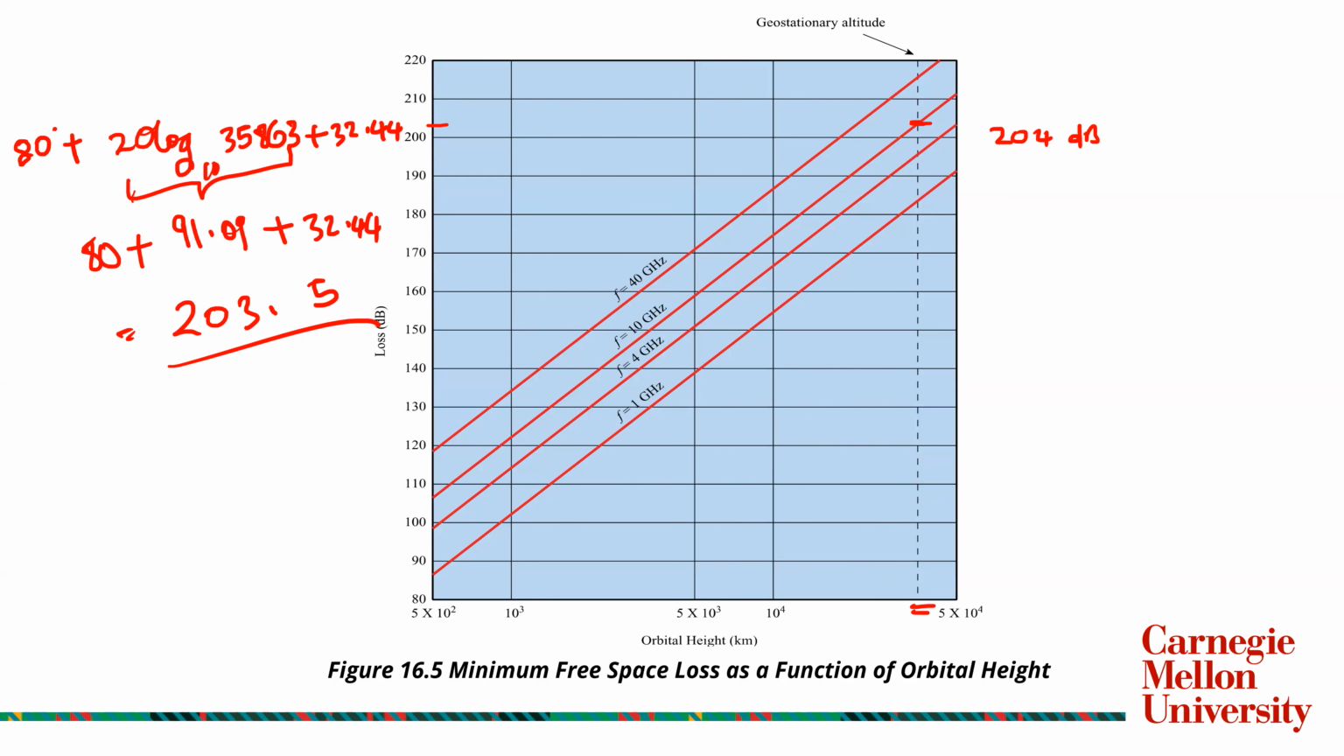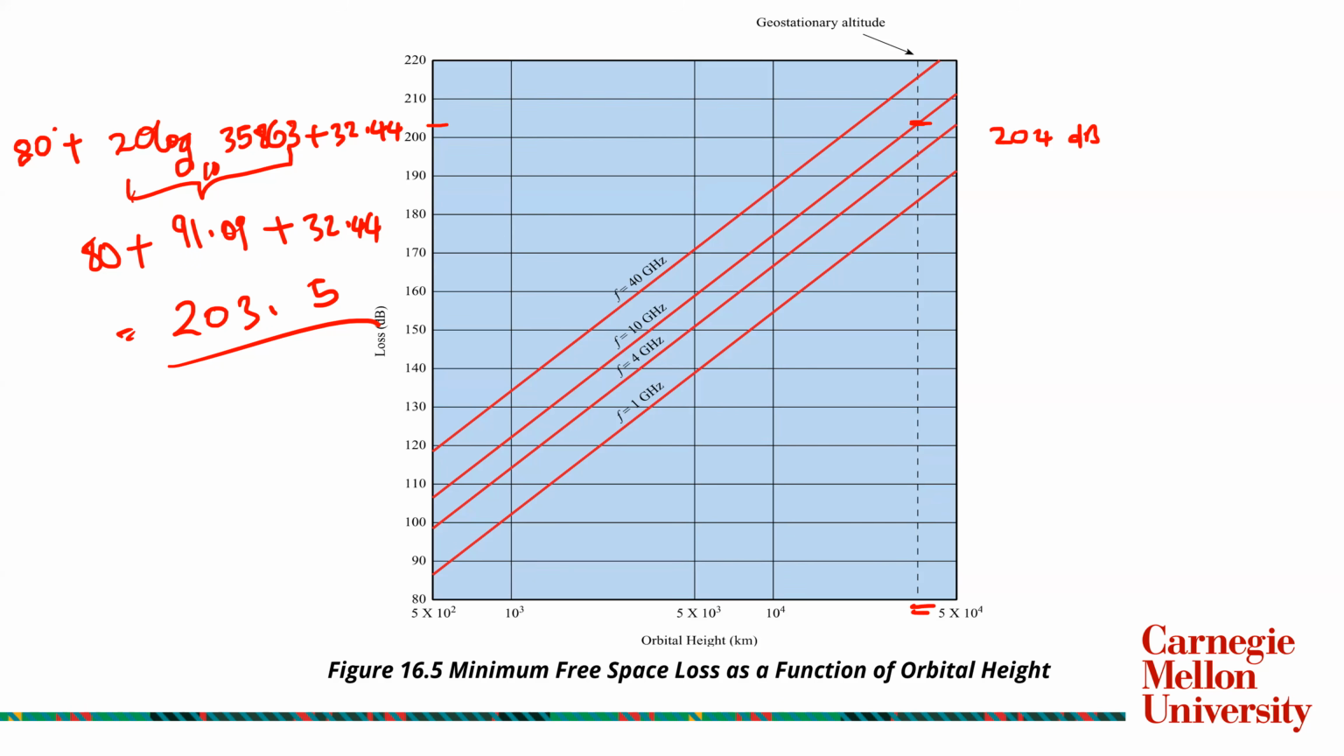So if you already know the loss, you can work backwards to know what you need to transmit and what the gains of the two antennas should be, for you to be able to receive a certain power. The other thing you see here is that the loss increases with frequency. So at 1 gigahertz, or at 10 gigahertz, at 20, 30, 40, always the